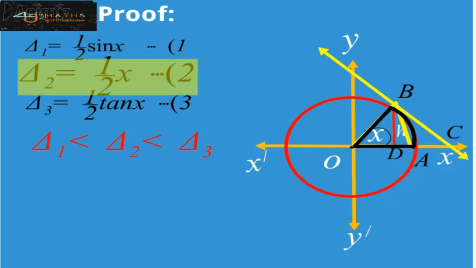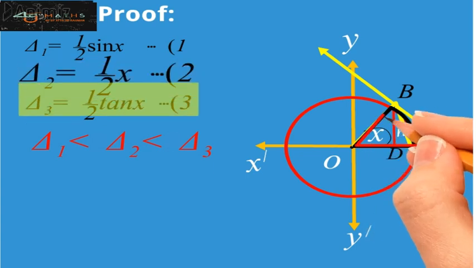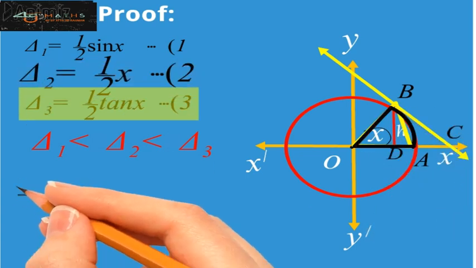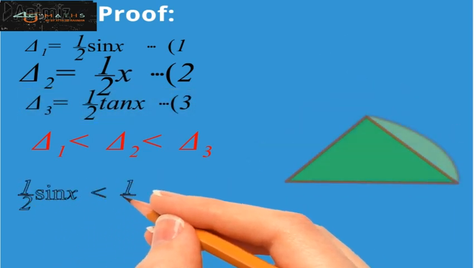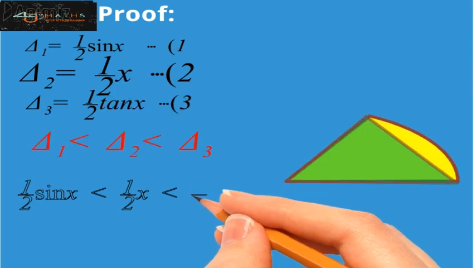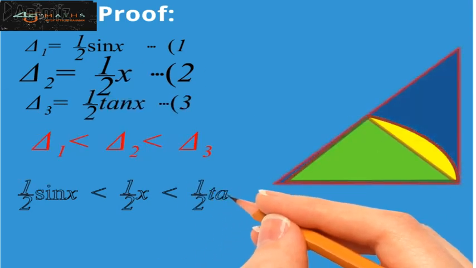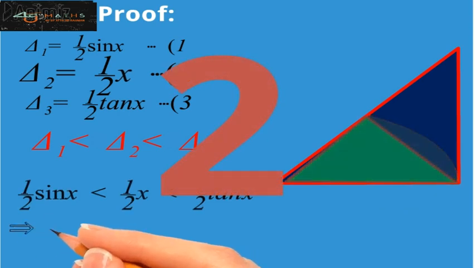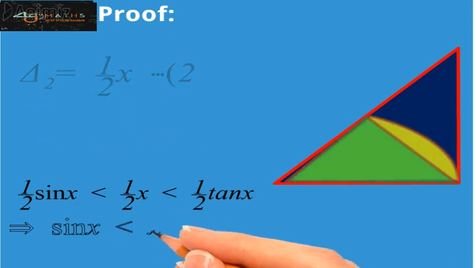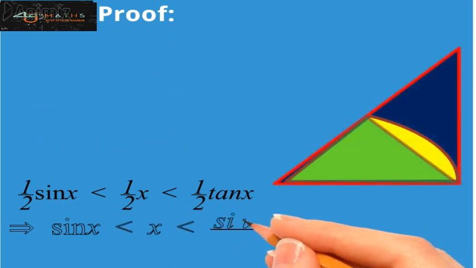Also, the area of the sector is smaller than the area of the triangle COB. This implies that half of sin x is smaller than half of x, which is smaller than half of tangent x. Now multiplying throughout this inequality by 2, we get sin x is less than x, x is less than